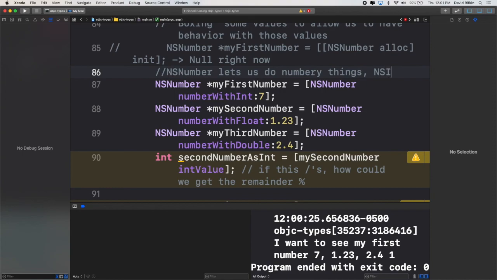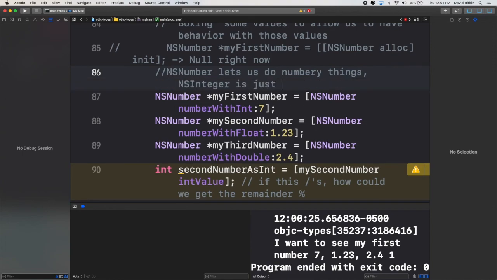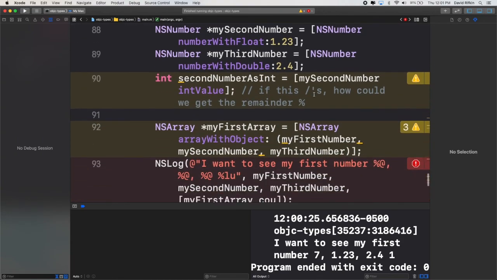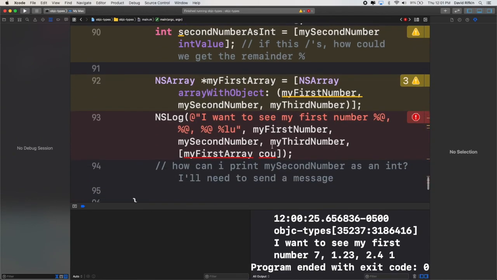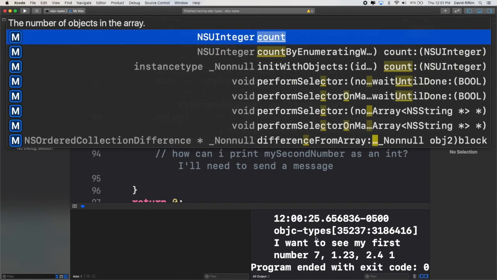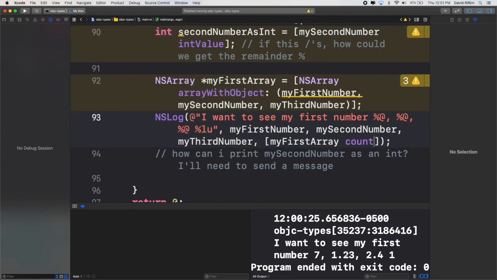But NSInteger is just a wrapper around the different int types. So if you can avoid it, don't use NSIntegers. But also, what we printed out was my first array had a count of 1, which means that this argument